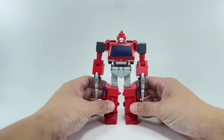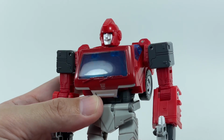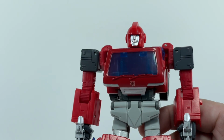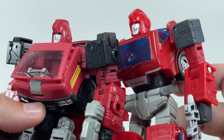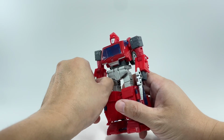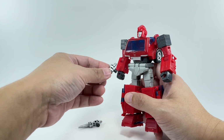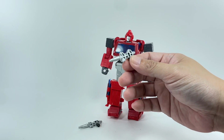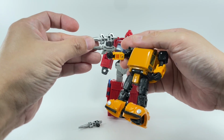Now, other than the proportions of this figure, the main selling point, I believe, is really this head sculpt. I love this new head sculpt. It screams G1 Ironhide. Oh my goodness, look at that. And compared to what we've gotten in the past, I mean, the Earthrise was pretty cool, but the new one, the 86 version, does have a more cartoon accurate feel. He comes with two G1 styled blasters. It's a shame they couldn't put any more accessories like his hydro cannon or chemical cannon, but the guns really look nice. I'm glad they painted them silver instead of molding them into just gray plastic. If you look at Bumblebee's gun, very similar in design